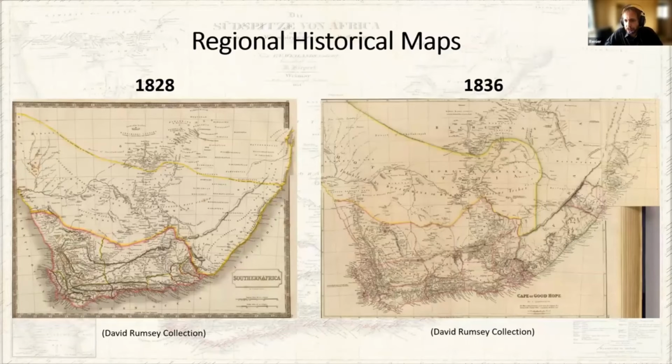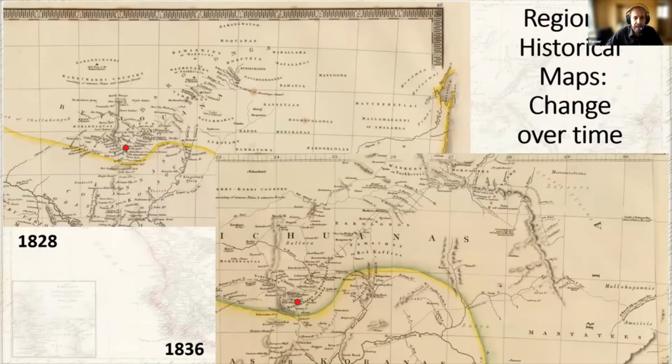Then we get to the regional maps. Now, these were maps typically made covering the whole of Southern Africa. Most of them cover the territories of Namibia, Botswana, Zimbabwe, Mozambique, South Africa, Eswatini, and Lesotho. And they give you an indication of the historical development of the area, as well as how information can change over time. Now, as you can see, these two maps, 1828 and 1836,